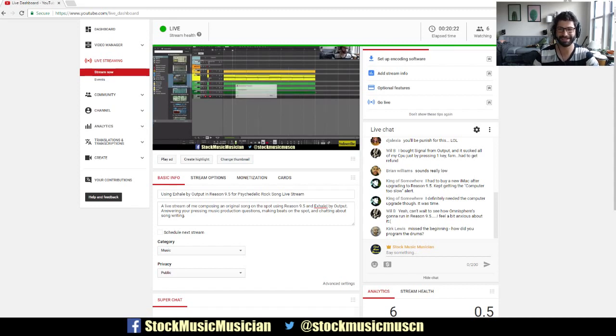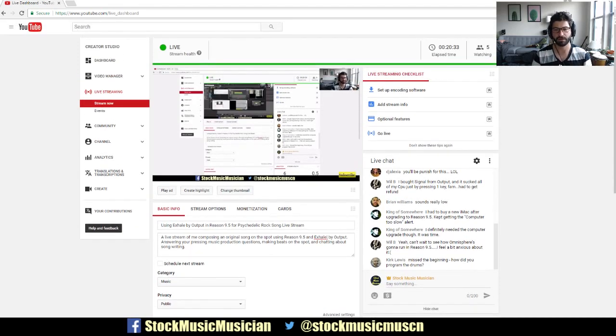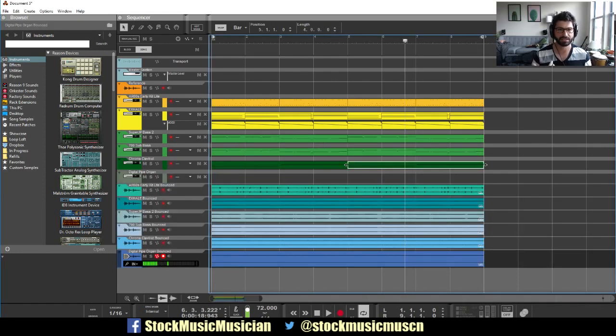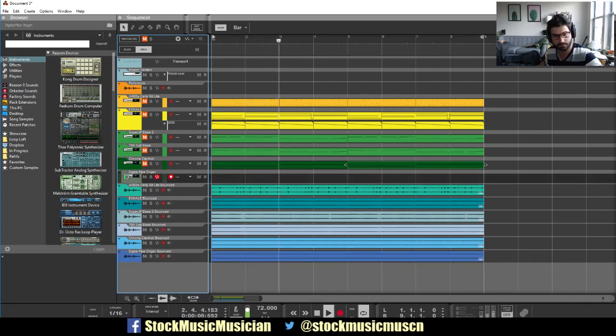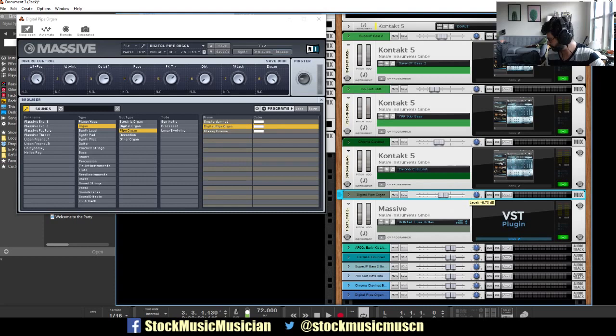Oh, Kirk, I wish I could program these, but I suck at drum programming. This is a loop, or a MIDI pattern, from Abbey Road 1960s Drummer in the Contact library. Yeah, these are way too slippery for me to have programmed. They probably had a studio drummer come in with like a set of Roland V-Drums or something and transferred all the MIDI data from it. I'm not sure if muting these will kill the tracks enough to actually let us do this. Okay, so it looks like that gave us enough headroom to...